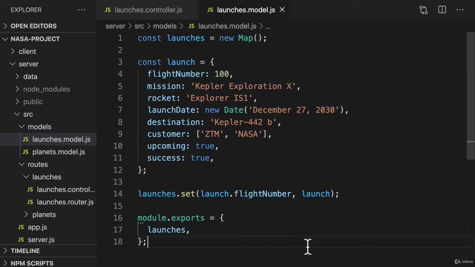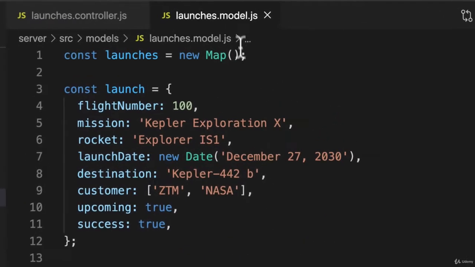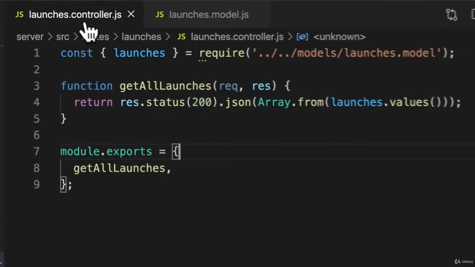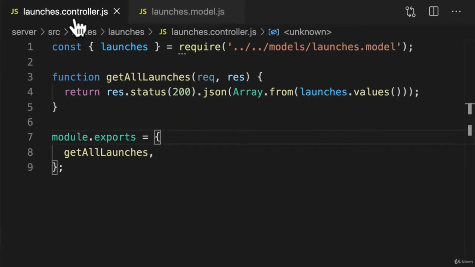Welcome back. Before we get too deep into implementation, it's worth asking, where do we draw the line between what goes in the model and what goes in the controller? What's a good way of deciding where our functionality should go? This is a common question when working with larger projects that benefit from following patterns like the model view controller